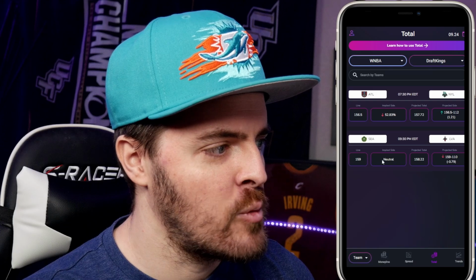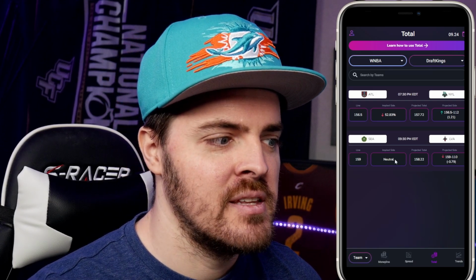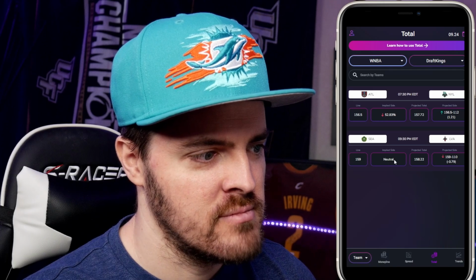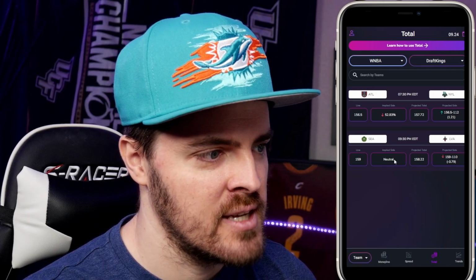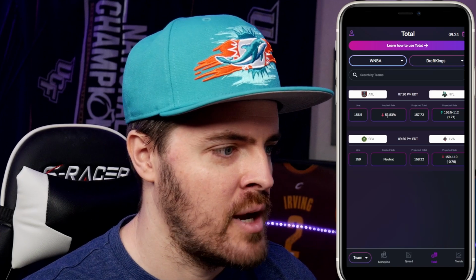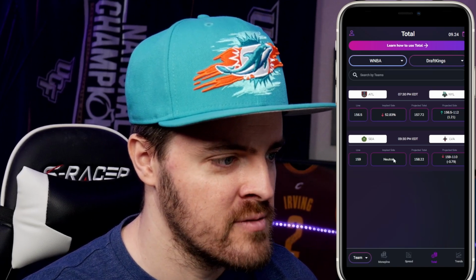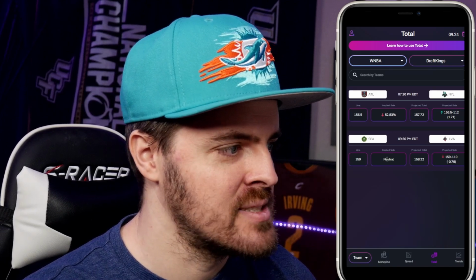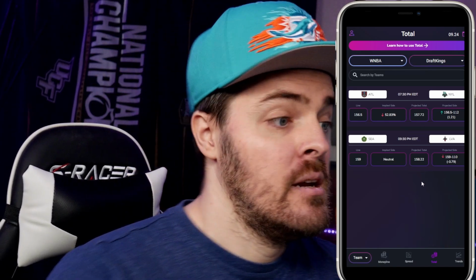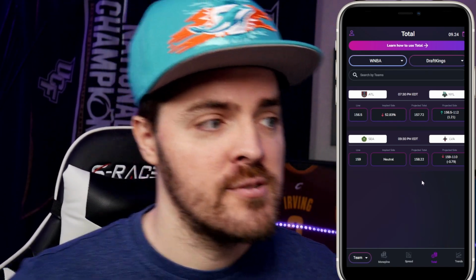Now, you might be saying, why does it say neutral here? If the odds are the exact same on both sides, this will just say neutral. There's not a difference, so there's no implied side here. This could be minus 110 under and maybe like minus 105 or plus 100 over. But if it's exact same, we just make it say neutral because the sportsbooks aren't leaning in any direction. But that's the quick, short, and sweet about how to use the Total Predictor.